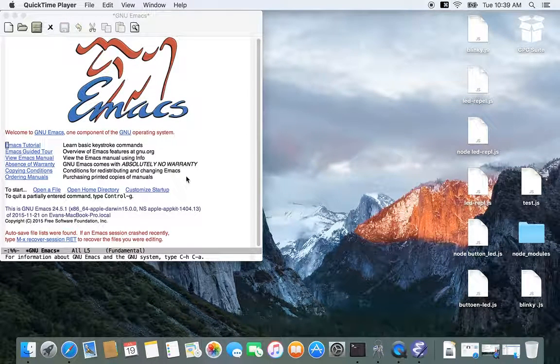This is what you see when you open Emacs from Finder. I can't really do that because QuickTime interferes with starting up a new program. But the Emacs tutorial will get you basically familiar with Emacs, but you need to understand why you need to be familiar with